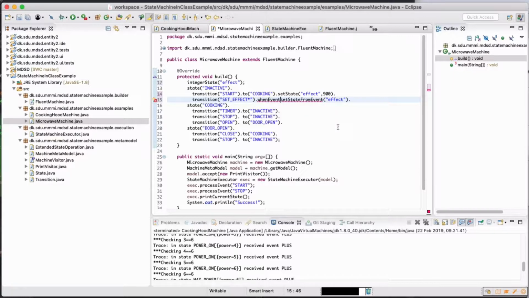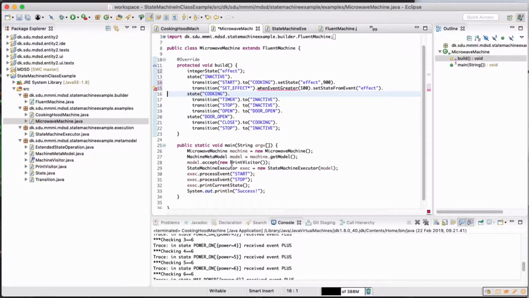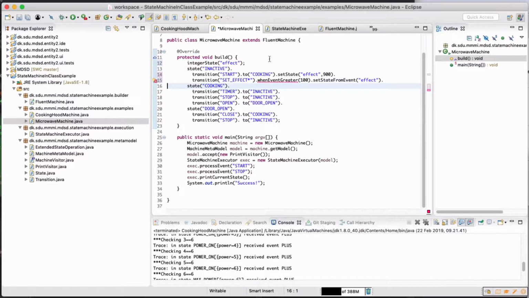When event greater than 0. So we need a positive effect, or let's say it must be at least 100. Then we set the state effect to whatever parameter we got from this. So what this means is that if we look at it here, we start, then that's going to be at an effect of 900 presumably, and stop. That goes back to